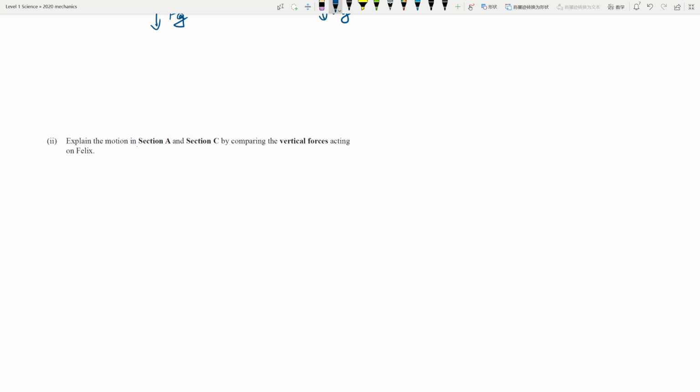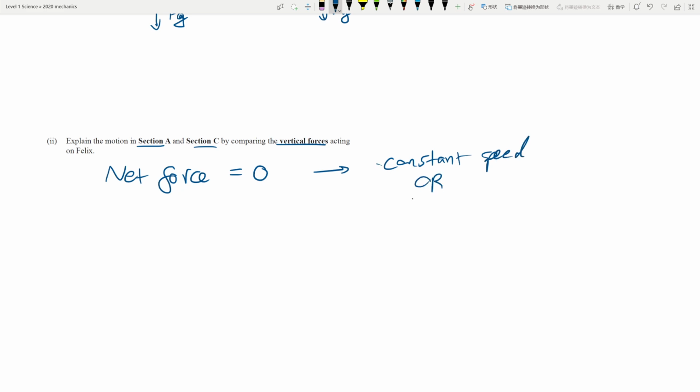Explain the motion in A and C, comparing the vertical forces. So we are looking at the net force. When net force is 0, that means you're either going at constant speed or you're stationary. All right, so you're not moving. Like, say for example,